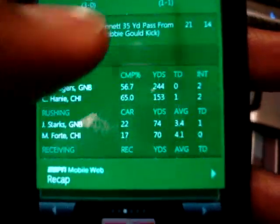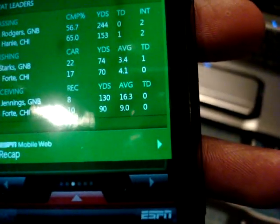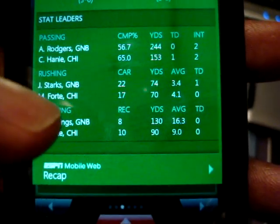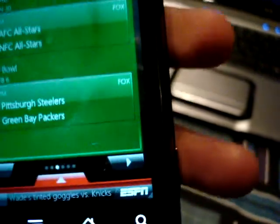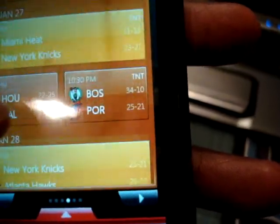This is nice and all, and for football it's not bad, but I would like the ability to get every person who rushed, every person that received, instead of just the top people. My biggest complaint gears more towards the NBA, because the NBA one I really don't like,